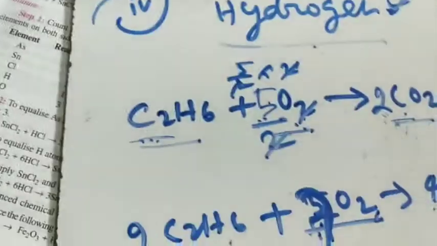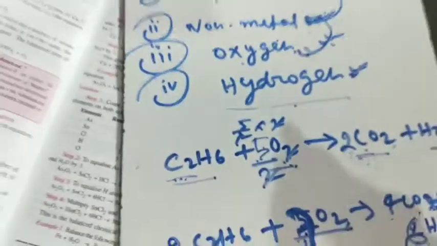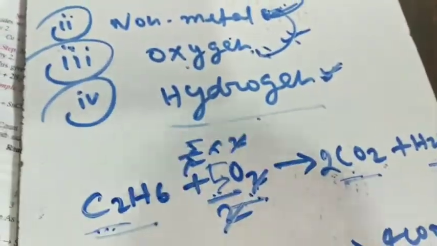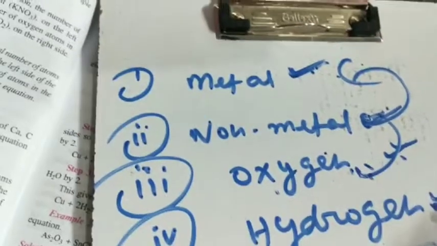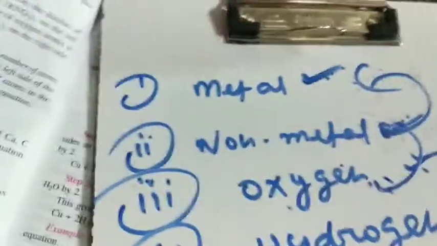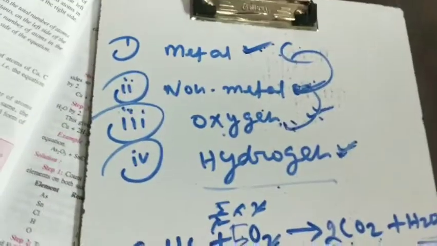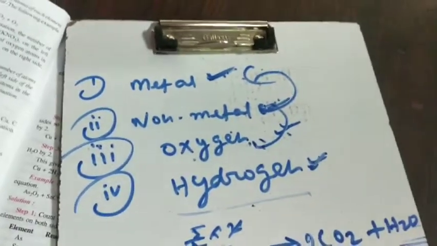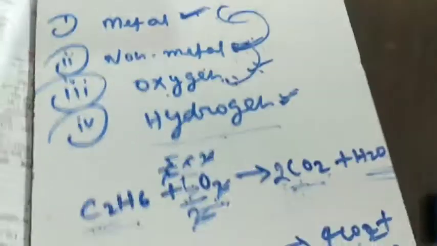Now each and every element is completely balanced. In this way we balance the equation very clearly. Now your concept will be crystal clear. After practicing more and more equations, you must follow this rule. First you balance the metal, non-metal, oxygen and hydrogen, and going through the preceding steps, you must come back to each previous step. In this way you can balance any equation very easily. Thank you. Now we'll discuss the next point in my next video.